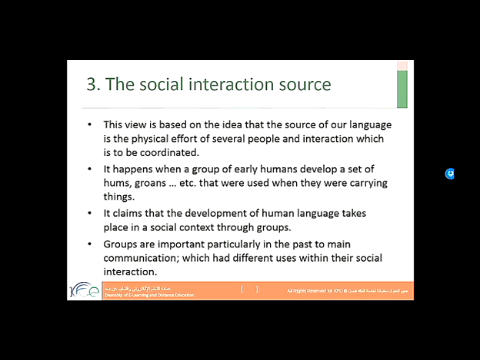Groups were important, particularly in the past, to maintain communication, which had different uses within their social interaction. Of course, language has different uses for different social interactions and for different purposes.